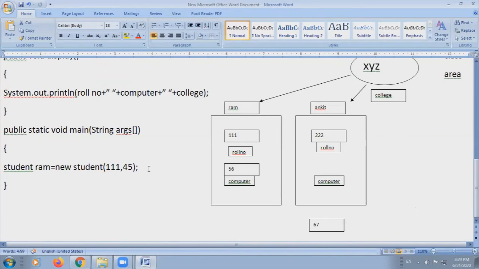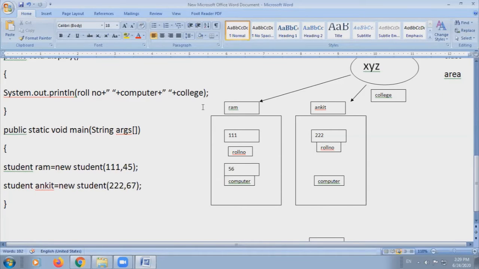Next, suppose you create another object of the Student class, Ankit equals new Student, and in that I will send the roll number as 22 and the marks of the computer subject as 67.